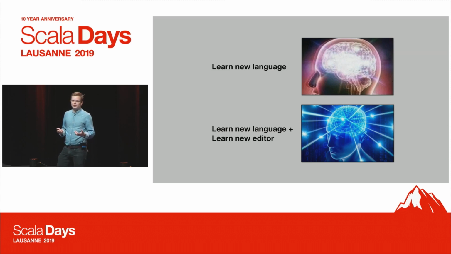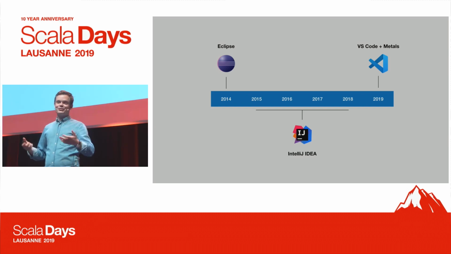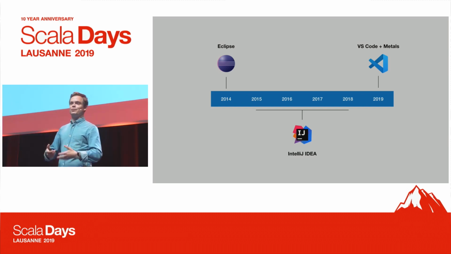And this pretty much reflects how I started in Scala. I started writing Scala in 2014, and I used Eclipse for quite a few months. I chose that because I was familiar with Eclipse from Java, and Eclipse worked great. I learned Scala. I was able to actually do a Play app, like the person on Reddit. And then eventually I switched to IntelliJ because it provided a more feature-rich experience.